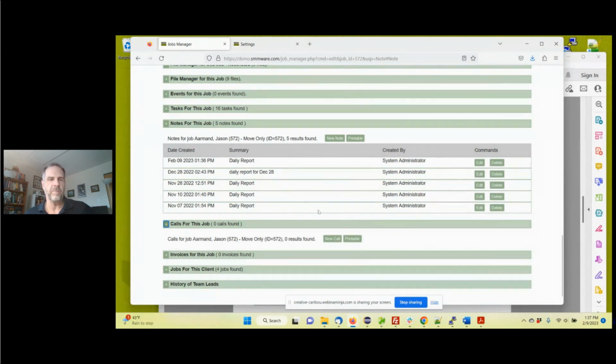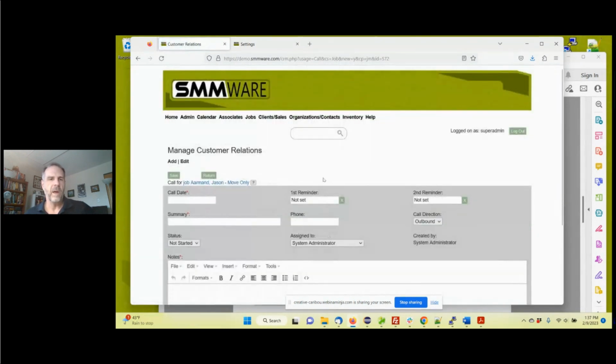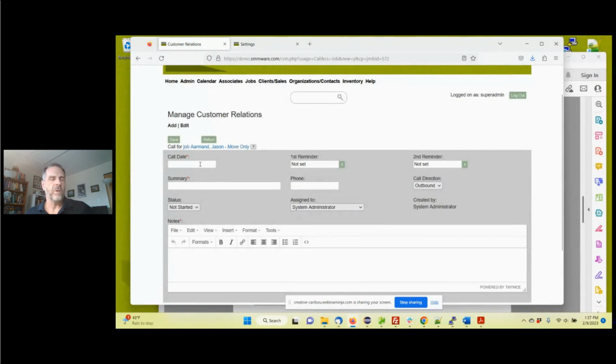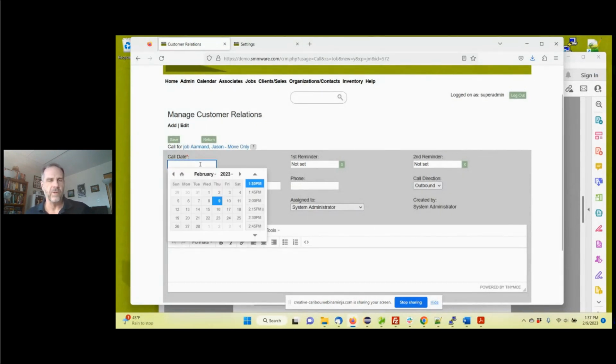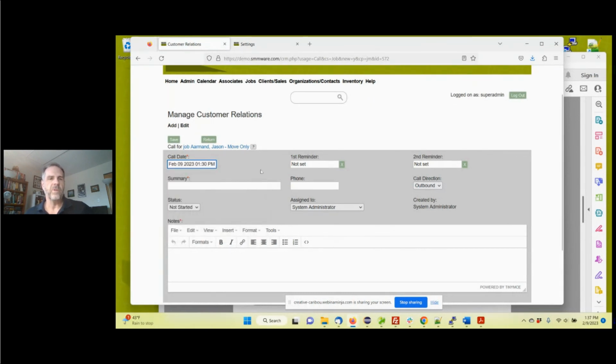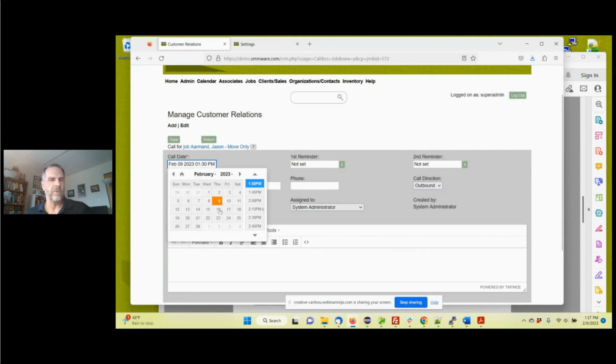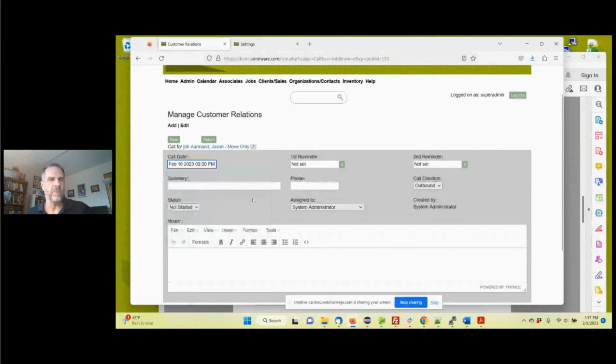We also have functionality for logging that a call came in. It looks a lot like a task. You can use this for a call that comes in randomly, and you put the call date, essentially now. You can use this to help plan future calls, in which case you just put a date in the future,